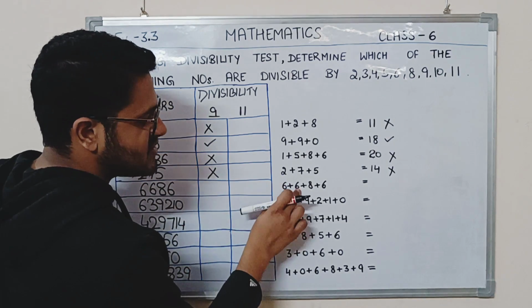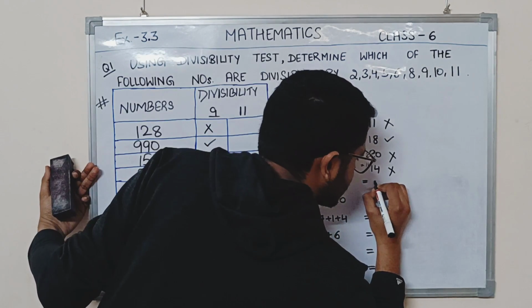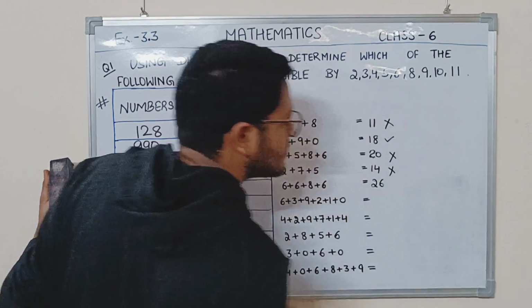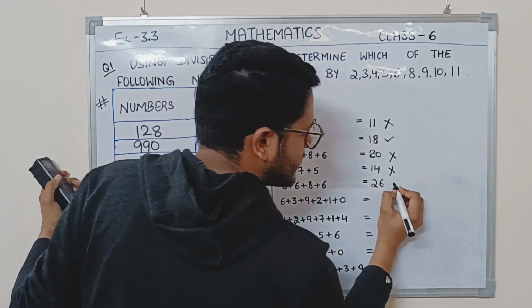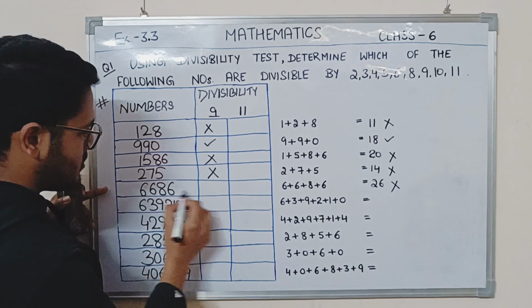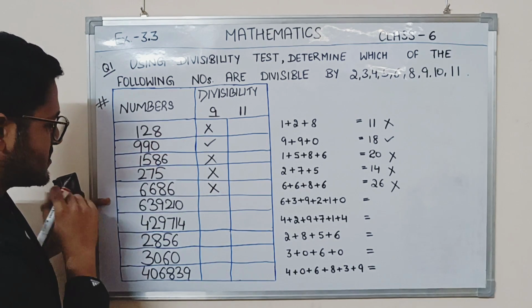6686. 6 plus 6, 12. 12 plus 8, 20. 20 plus 6, 26. So, is 26 divisible by 9? 9 threes are 27. So, not 26, right? Therefore, this whole number is not divisible by 9. Next,